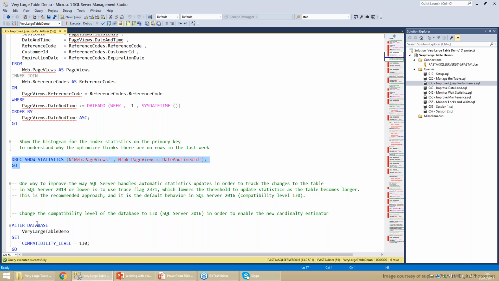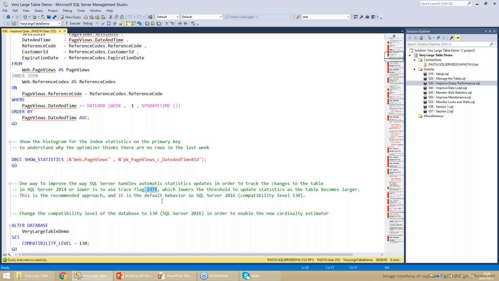One thing we can do prior to SQL Server 2016 is to use trace flag 2371. This trace flag changes the behavior of the threshold algorithm. It's not 20% anymore; it's a percentage that gets lower as the table gets larger. So with very large tables, we're going to have a much smaller percentage, meaning the frequency of update statistics is going to be better. We don't have to wait a few weeks or maybe a few months until the next update statistics. So it's going to improve things a little bit.